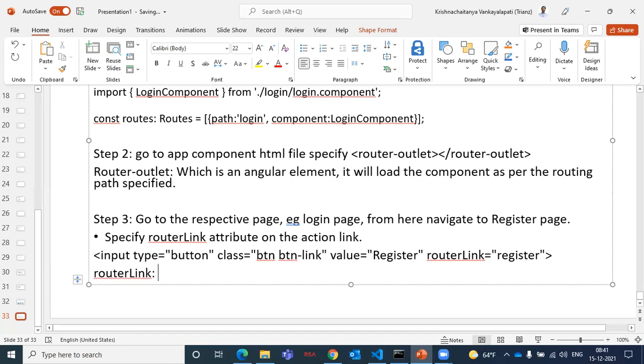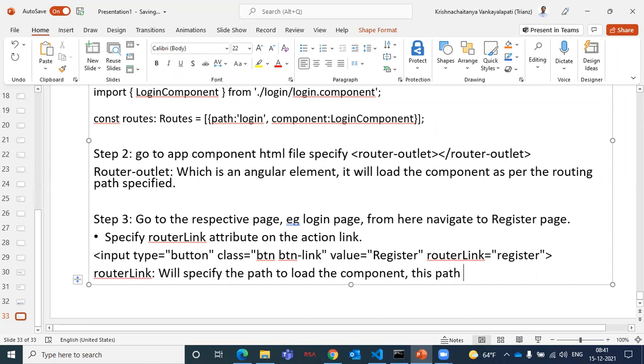Router link. Specify the path to load the component.